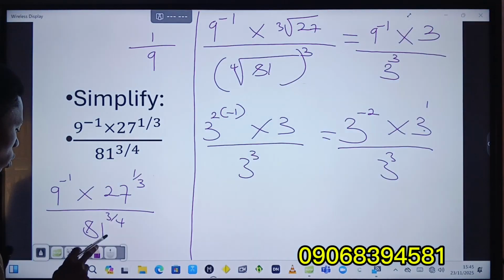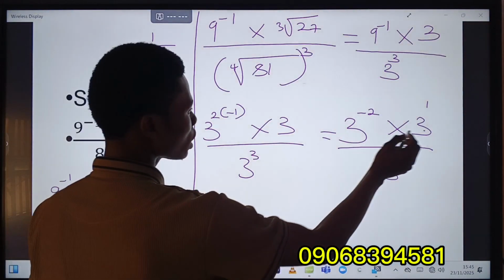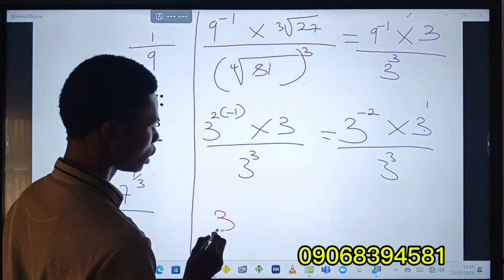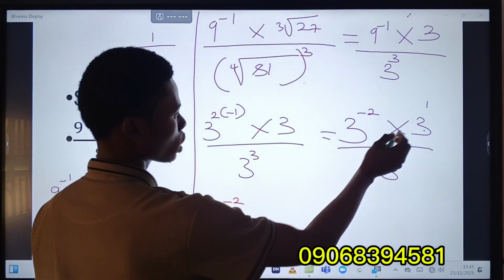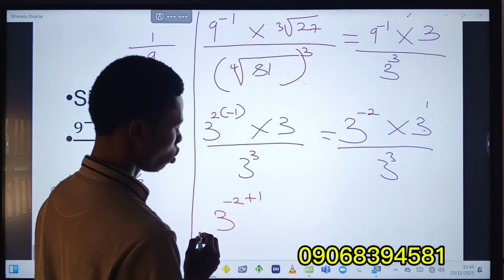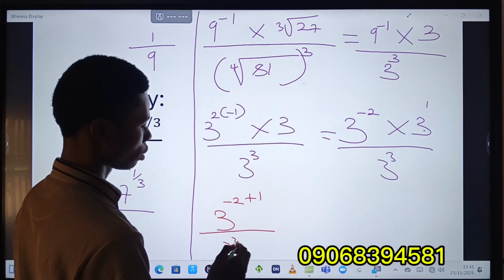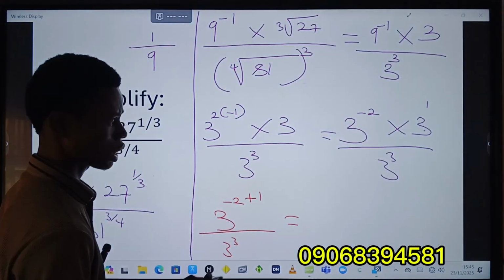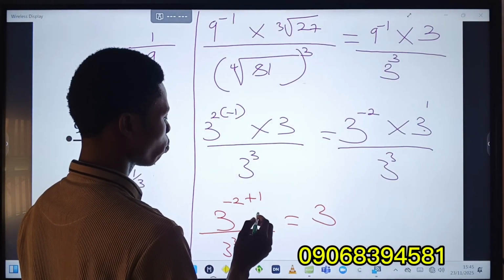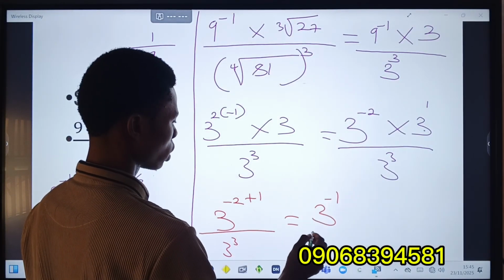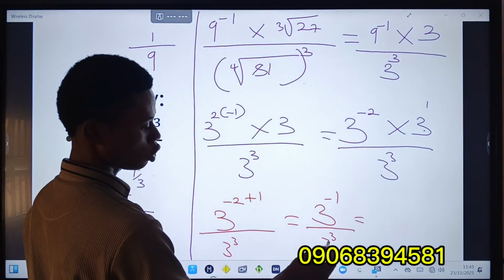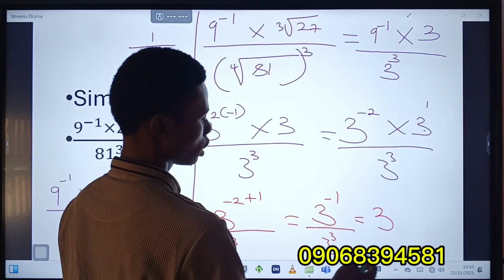But you agree with me that 3 is the same thing as 3 raised to power 1, right? Life is simple. Now, since the bases are the same, I can take one base here, the numerator, and say 3 raised to power minus 2. But since it's multiplication, I add plus 1, all over 3 raised to power 3. I'm taking it step by step. When you understand fully, you can jump most of these steps I'm doing. Now this will be 3 raised to power minus 2 plus 1, which is minus 1, right? All over 3 raised to power 3. Now the bases are the same in the numerator and denominator, so I take 1. That's 3 raised to power